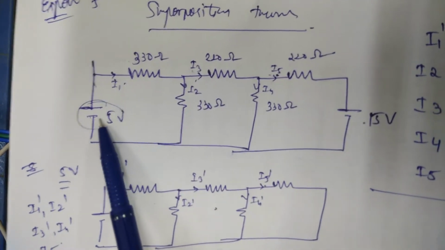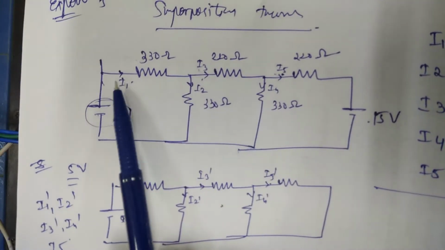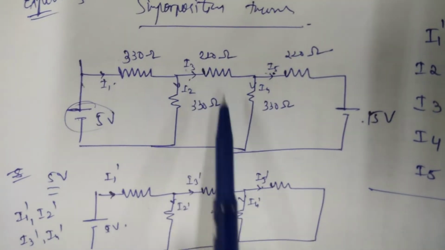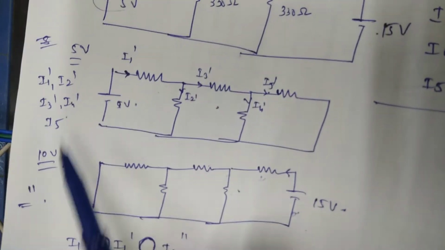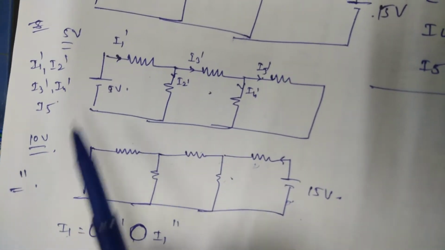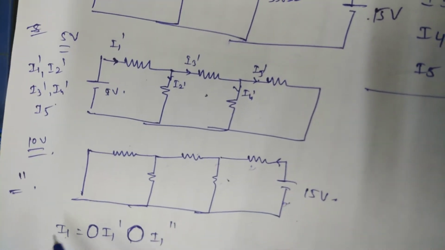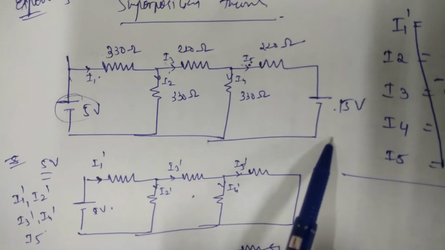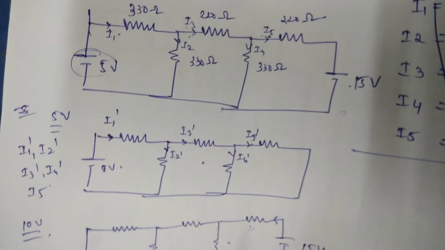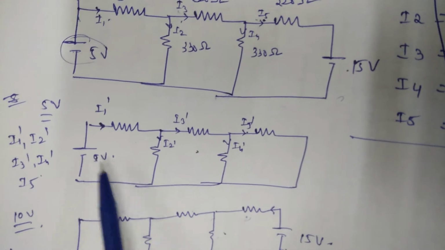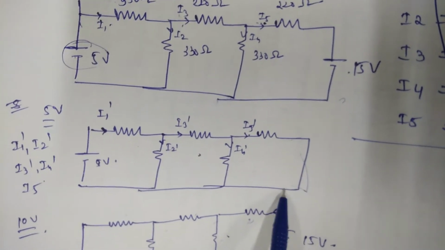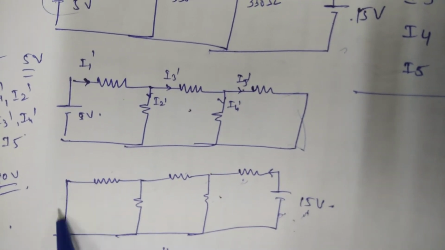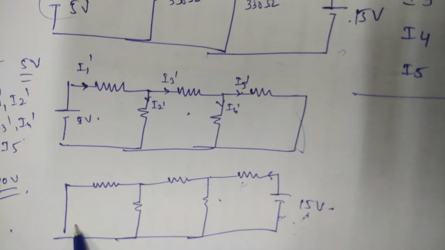Later on I will apply 5 volt and 15 volt together and find the values of I1, I2, I3, I4 and I5. So this will be my total. We will find the algebraic summation in the theoretical calculation by applying 5 volt and 15 volt, and then find the value by applying 5 volt and 15 volt simultaneously. Make sure that whenever you are applying the 5 volt supply, you need to short the 15 volt supply, and while applying the 15 volt supply, you have to short the 5 volt supply.